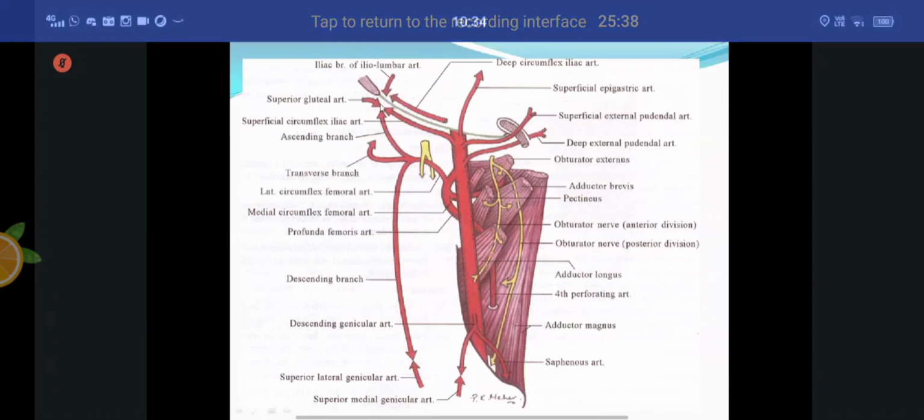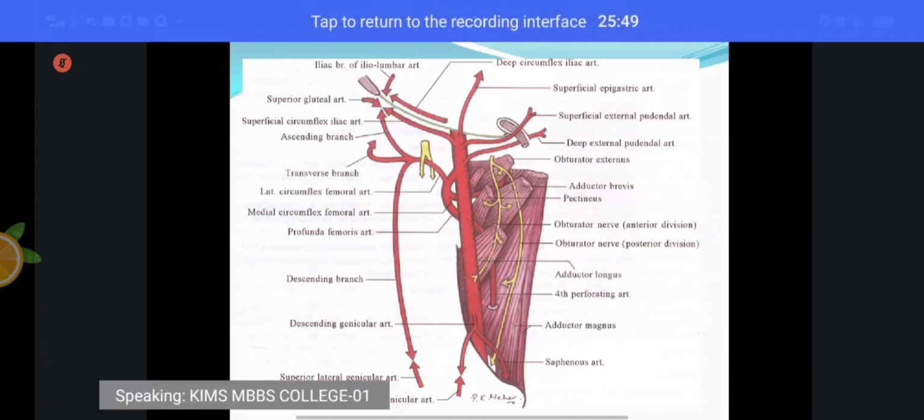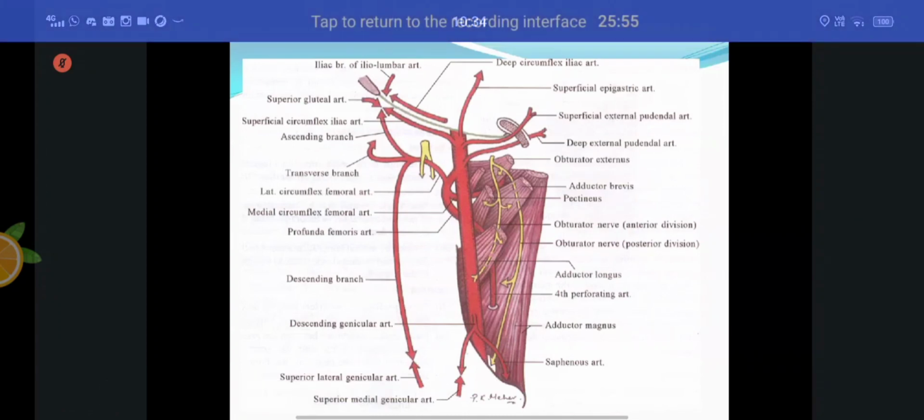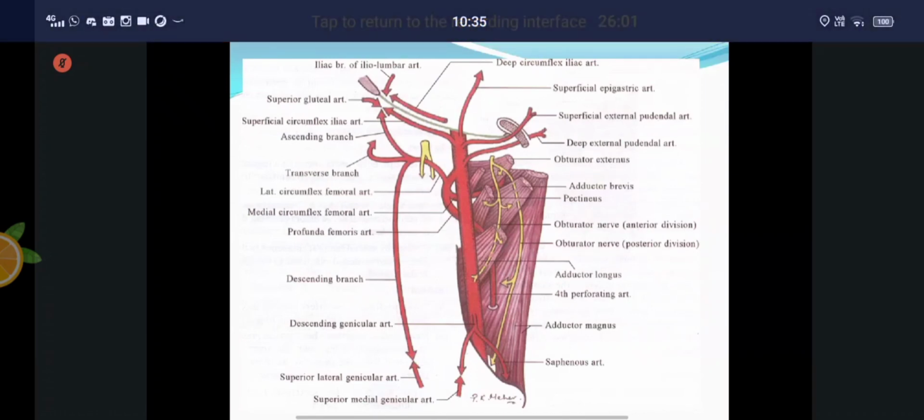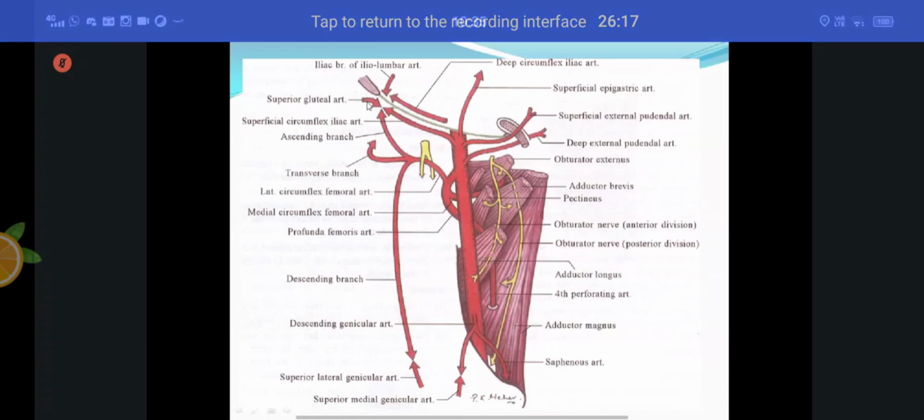So anastomosis taking place between the different branches of the artery. The first one, you see the superior gluteal artery. Where is the superior gluteal artery and from where are they coming? The superior gluteal artery and the inferior gluteal artery are in the gluteal region, behind. I will be teaching you that topic also. But you remember that in the gluteal region you have two important arteries, the superior gluteal artery and the inferior gluteal artery. The artery taking part in anastomosis around the anterior superior iliac spine is from the superior gluteal artery.